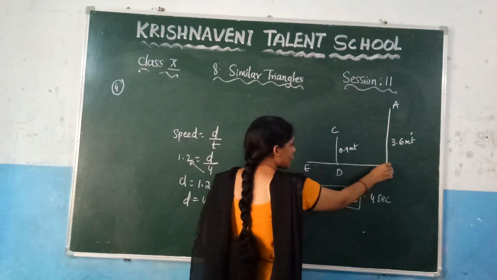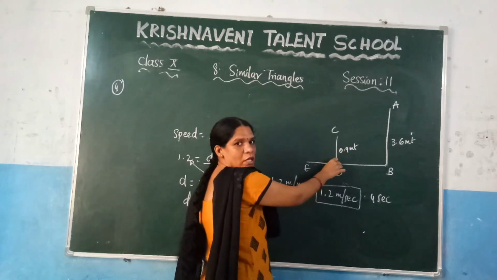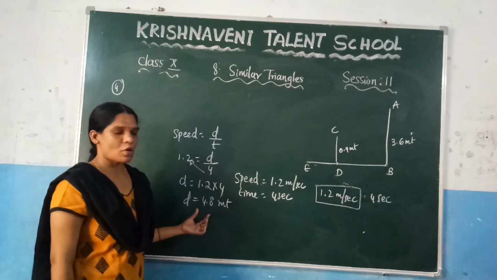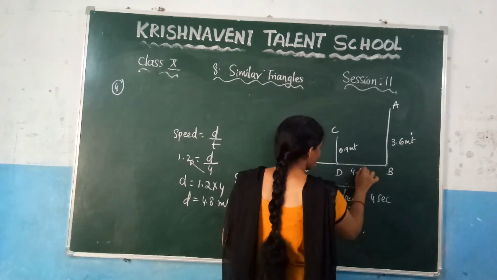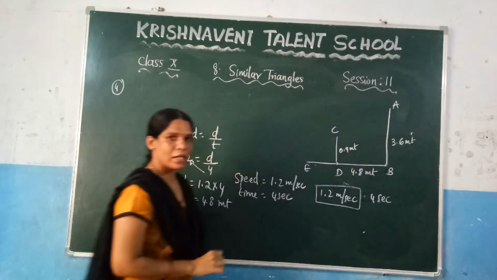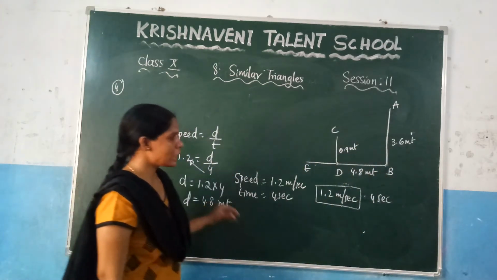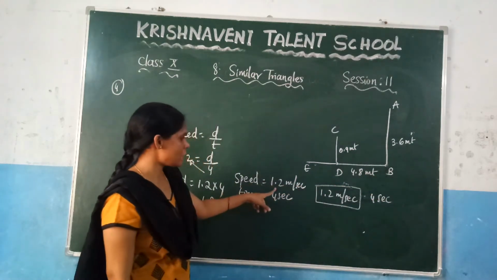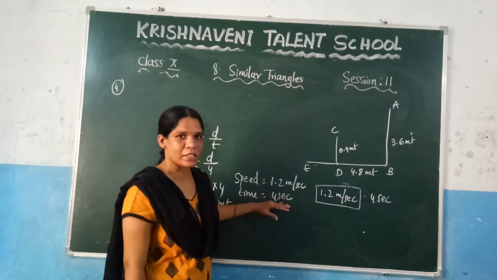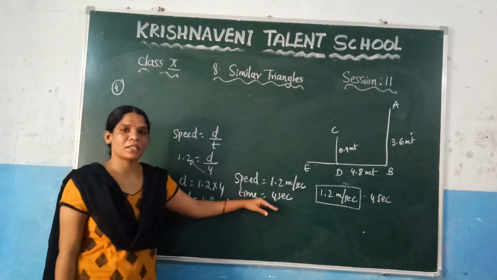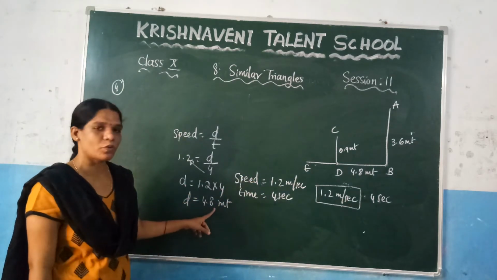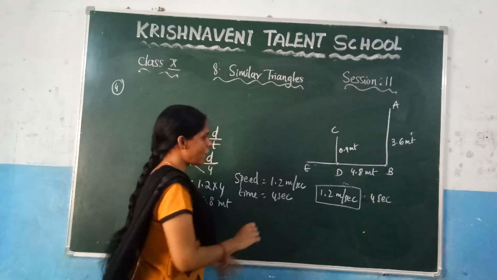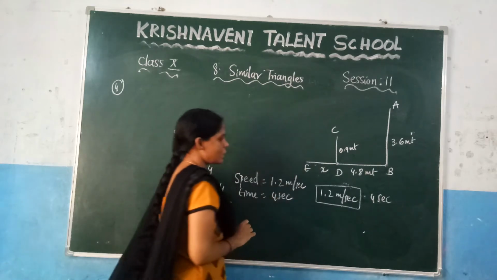At this position the girl is walking and she reached this position after 4 seconds. So based on this we calculated the distance she walked, which is 4.8. So you know that this length is 4.8 meters, right? Here again what they are saying, the girl is walking at a speed of 1.2 meters per second. For how many seconds she walked here? For 4 seconds. Based on this we have calculated the distance she walked. How much distance she walked here? 4.8 meters. So now you got this distance. Now you need to find this length. So let us consider it as x.